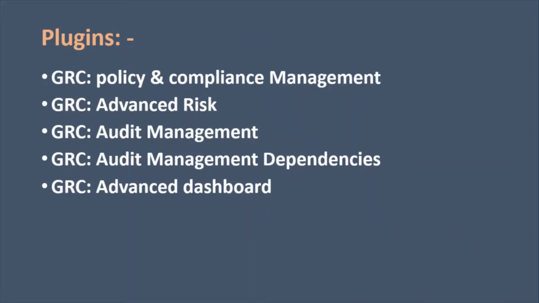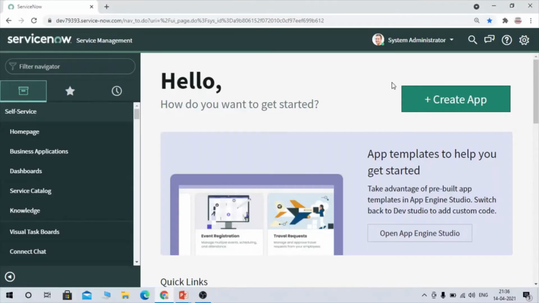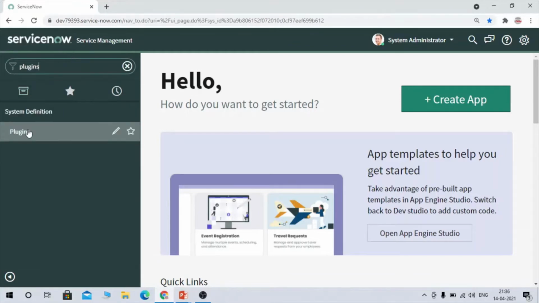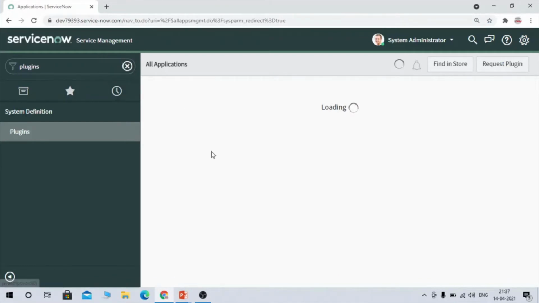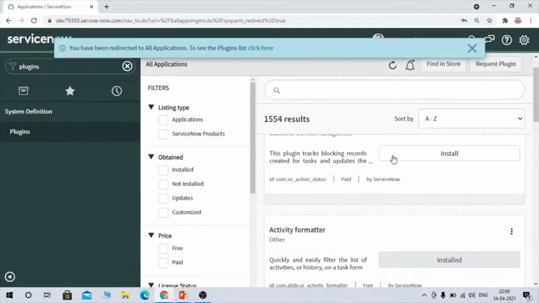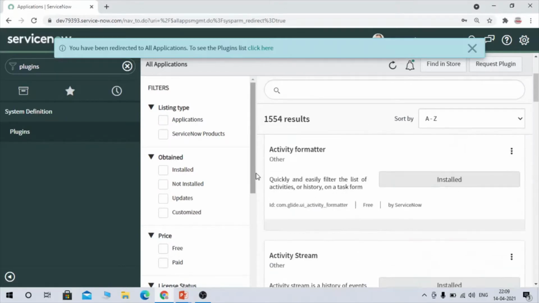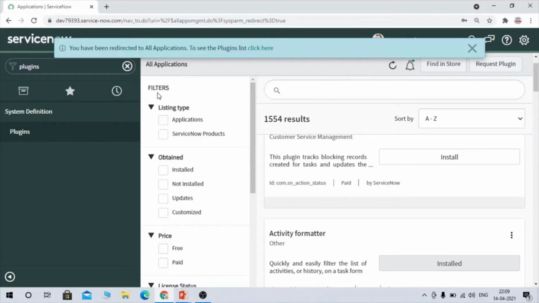Now we have to learn about the plugins which are required to be installed in ServiceNow to start working on GRC. Let's navigate to ServiceNow and install the plugin first. Let's go to plugins. We have a list of plugins, and you have some filters here, so you can filter all applications and ServiceNow products.